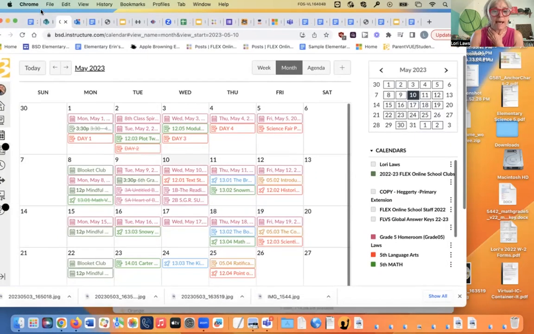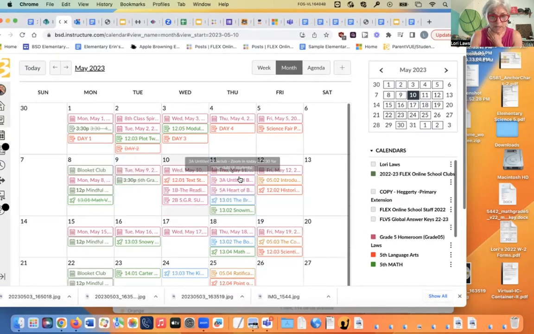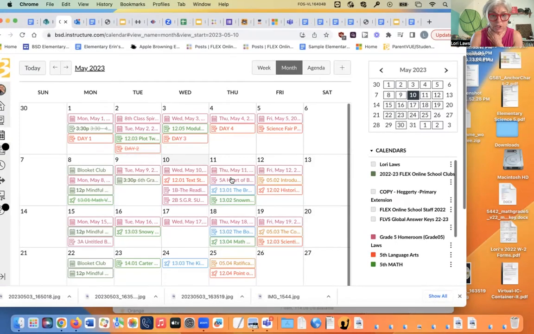All right, let's look at the calendar. Today is Wednesday, the 10th. Let's have a look at it. I've got my B groups today. I need to move my A groups over to tomorrow, although we usually skip book clubs on an in-person day. So then you guys won't meet again until Monday, actually. So let me move you to Monday.